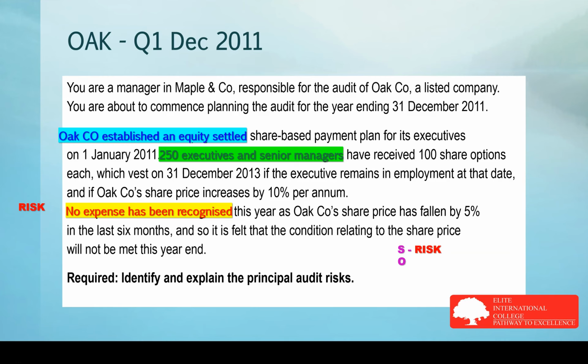On the area of options, you don't have to worry about that. There's no risk there. And on the area of fair value, you could also include in your answer that when they measure it, they are going to use a date other than the grant date. And on the time to vesting, that they have not divided it by the period to vesting. That's always possible. So how are you going to write out the answer?